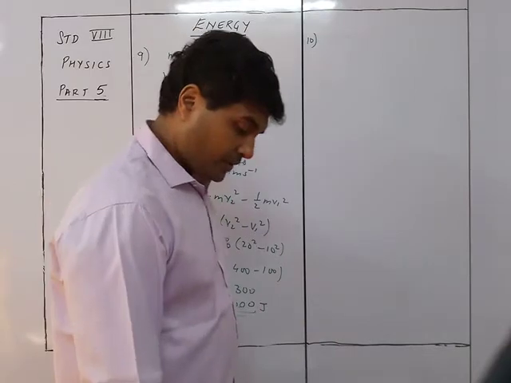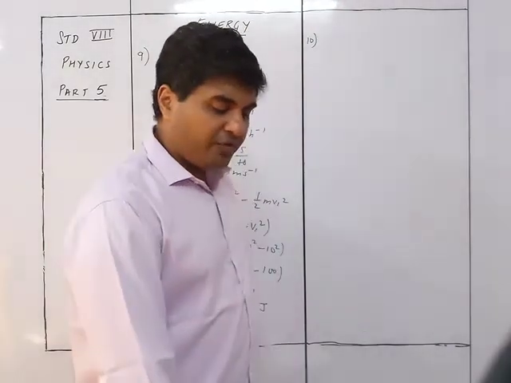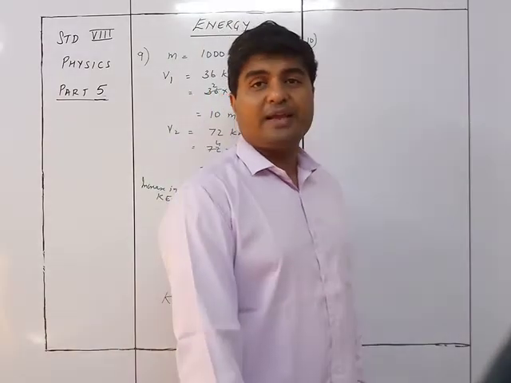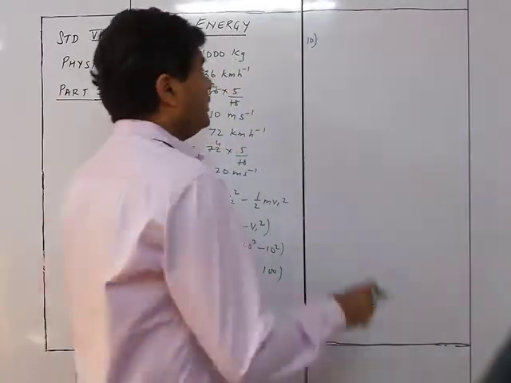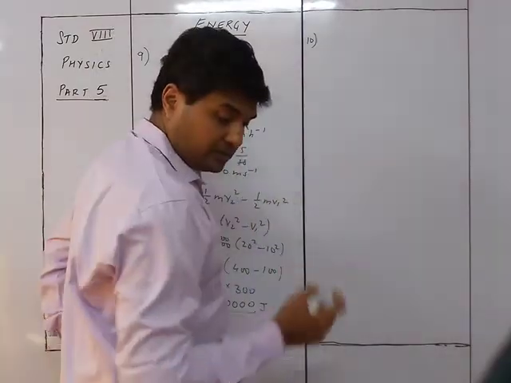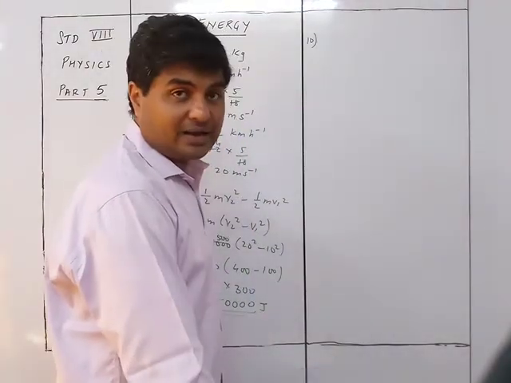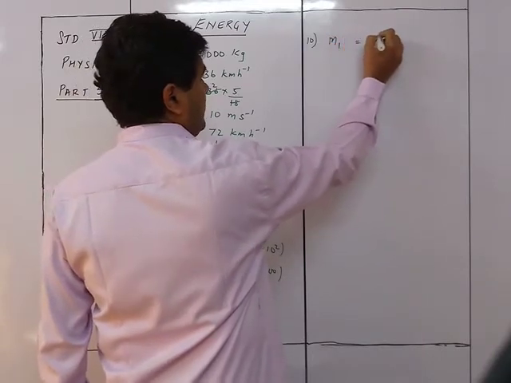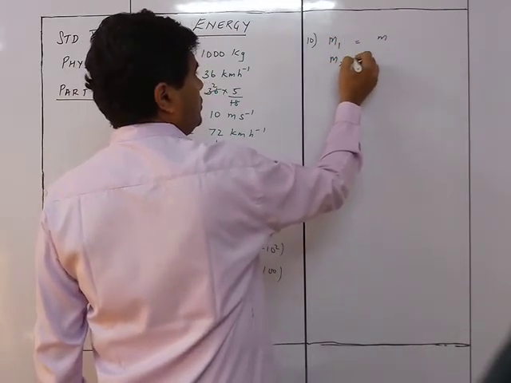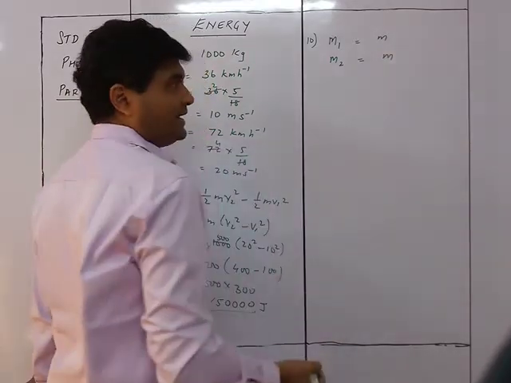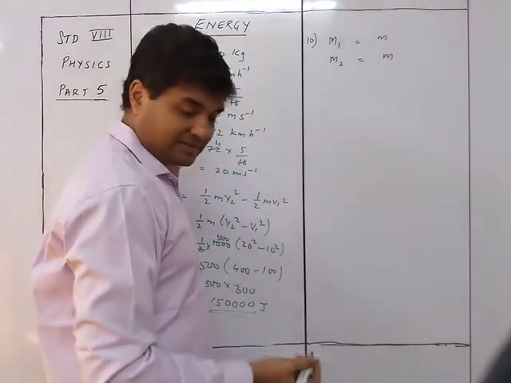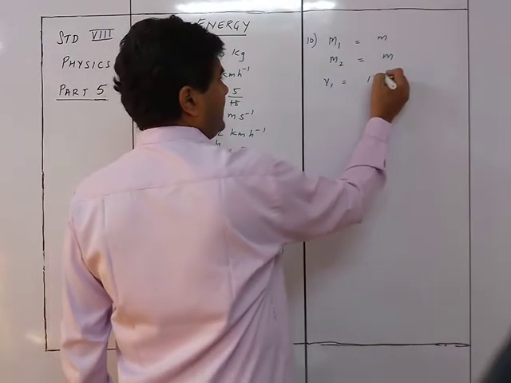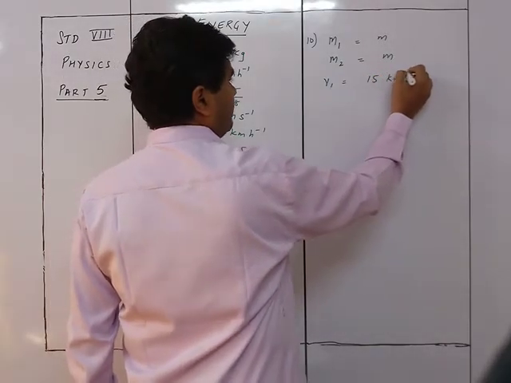Sum number 10. A car is moving with the speed of 15 kilometers per hour and another identical car is moving with the speed of 30 kilometers per hour. So we have similar cars. The cars are identical cars. So the mass of car 1 is equal to m. The mass of car 2 is equal to m, because they are identical cars. So both have the same masses. And they are given the speed: V1 is equal to 15 kilometers per hour,